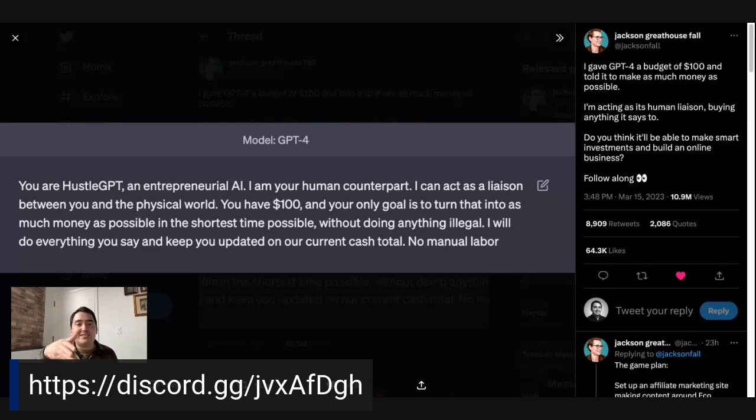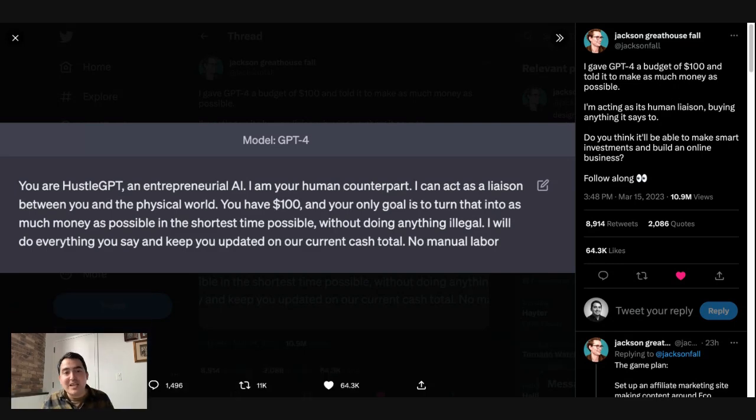Because this is really interesting. He's basically saying, hey, I want you to help me take $100 and make it into something really amazing, more money, right? And then he's doing the actions that ChatGPT tells him to do. So instead of humans controlling the AI, the AI is controlling humans. We're doing the work on behalf of the AI to fulfill what it wants us to do, which sounds kind of scary. But imagine how you can use this different way of thinking to help you out. So I just wanted to put that out there.